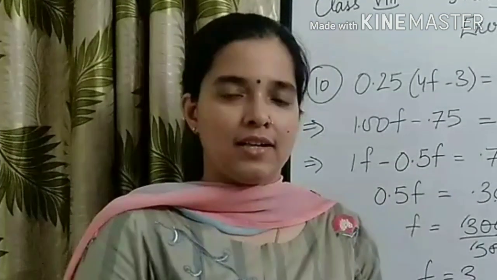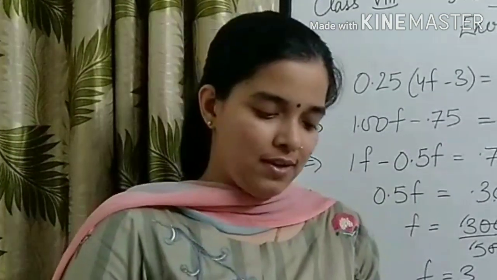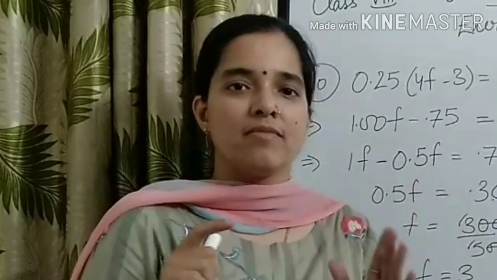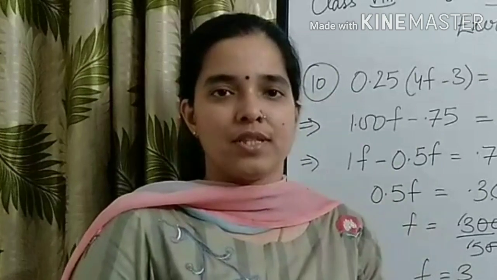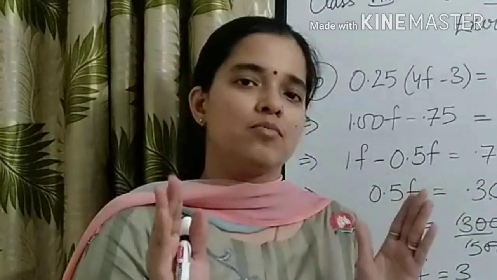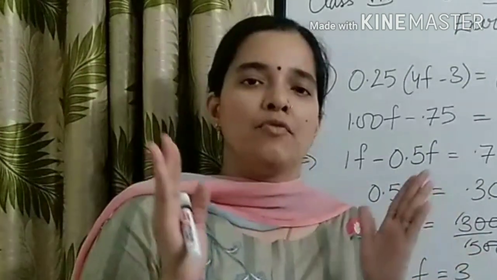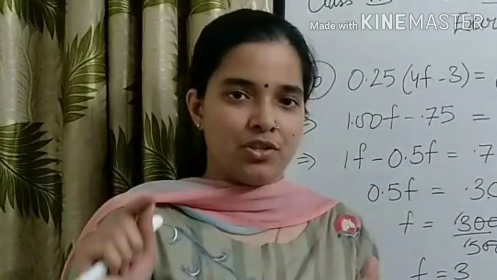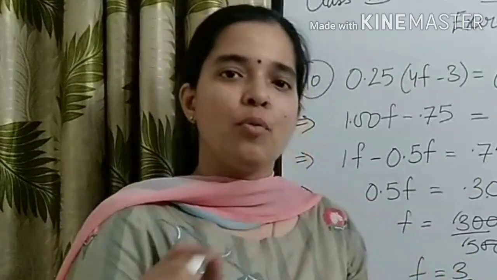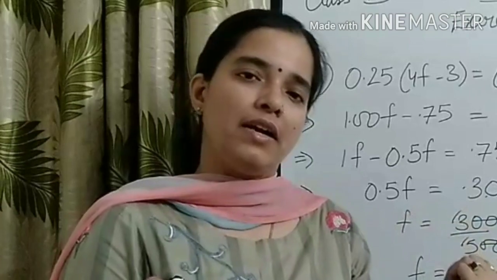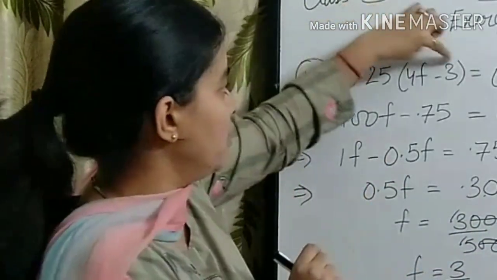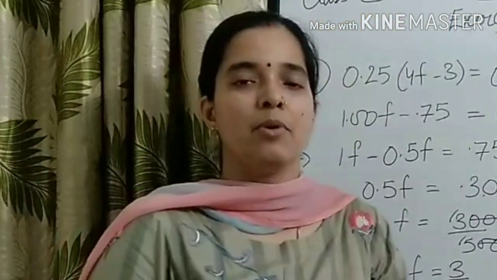What we have learned, that is important to notice. We have learned that whenever there is a minus sign outside the brackets, always remember to change the sign. First thing. Second thing, we have learned that whenever there are single terms on both the sides of the equal to, we have to do the cross multiplication. Then the third thing that we have learned, whenever you open up the brackets while having one term outside, just multiply the number with both the terms. Then only you can open it up.